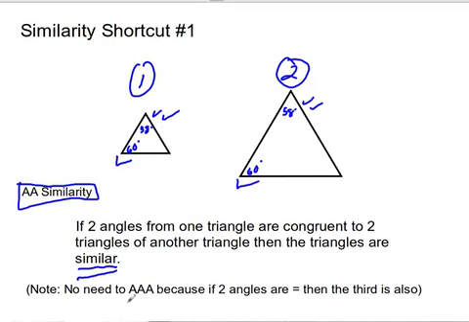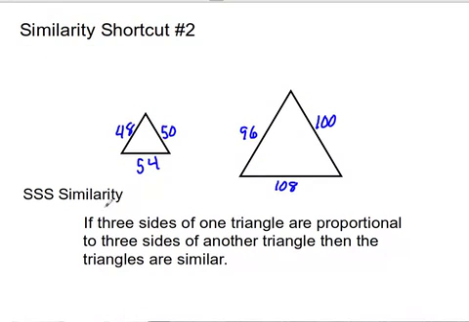Just a quick note that there is no need to talk about the third angle, because remember, all the angles have to add up to 180 degrees, and so that would just be overkill. No need to do that much. So first shortcut, AA. 2 angles are congruent to 2 angles in another triangle, then the triangles are similar. Next shortcut, shortcut number 2, is called